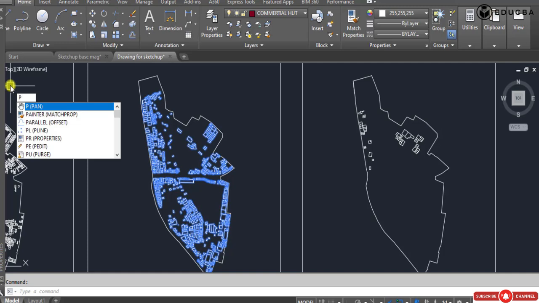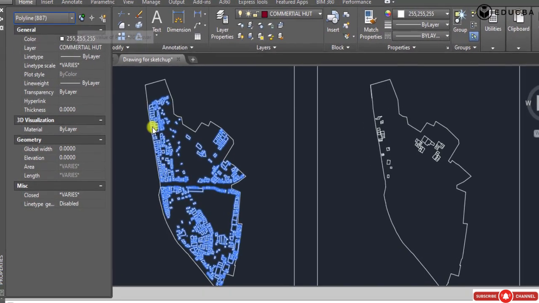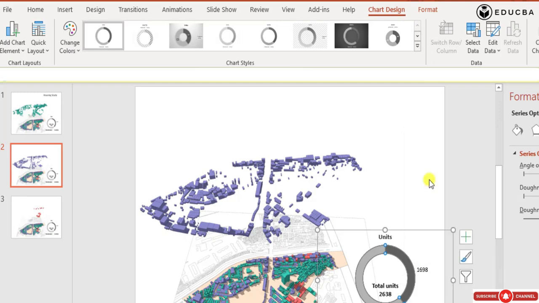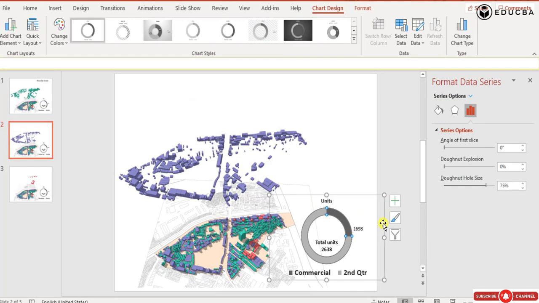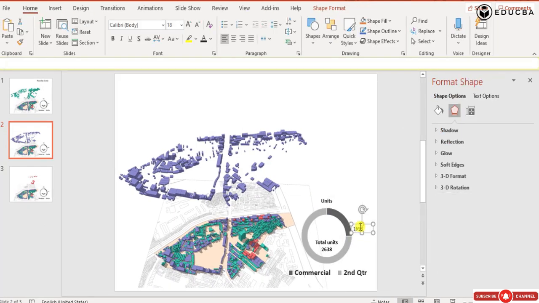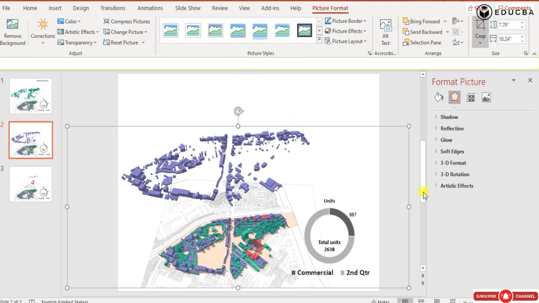Now enter PR. Polylines 887. Right click, edit data. 887 commercial units. As I said, crop the image so you can avoid